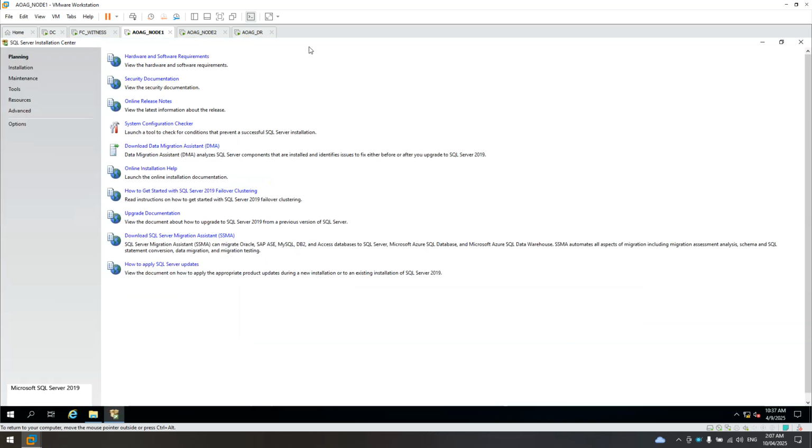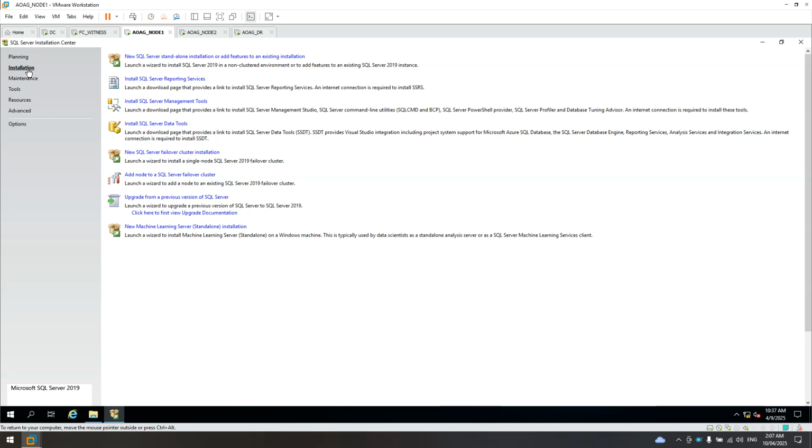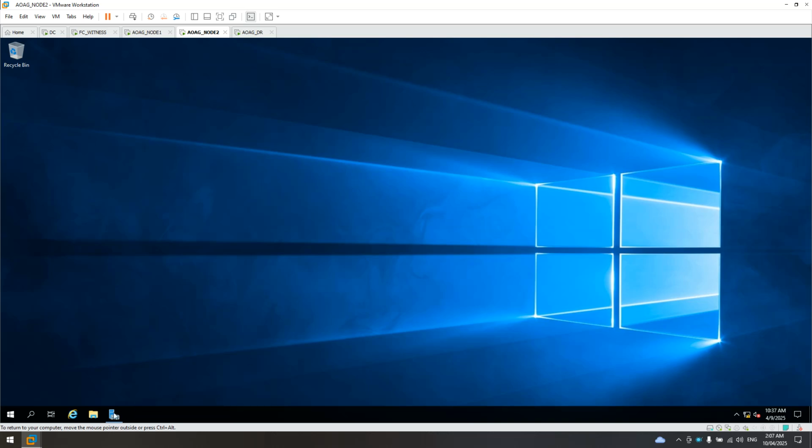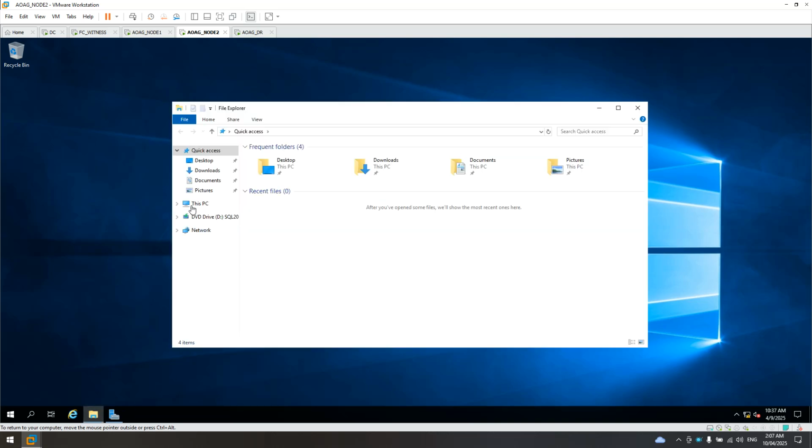Then in the installation, click New Install. It's the same with the other nodes. Node 2, let's proceed with the installation, on the D drive.